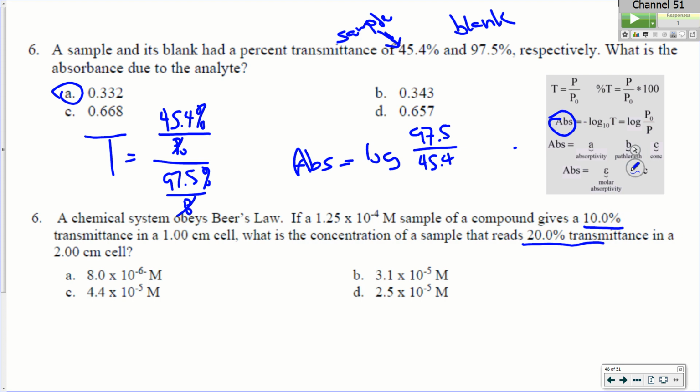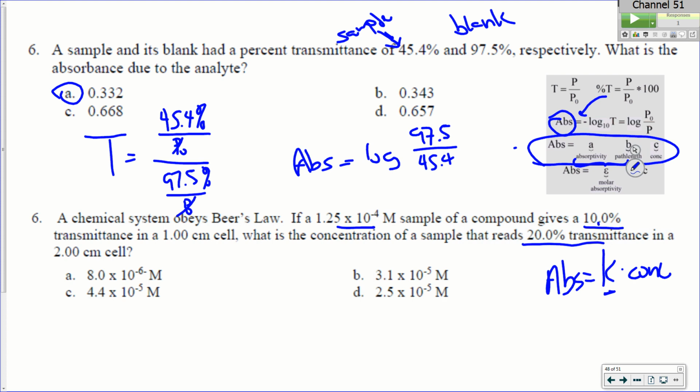So now if we look at applying Beer's law to this, we want to take this relationship, absorbance is equal to absorptivity times path length times concentration, and we want to take the known system. So our known system here, we know the concentration term, and we know the percent T, but I can convert percent T into absorbance. So I'm going to take the known and find out what this term is, because the equation is absorbance is equal to a constant times concentration. And that constant is the combination of A times B, or molar absorptivity times path length.